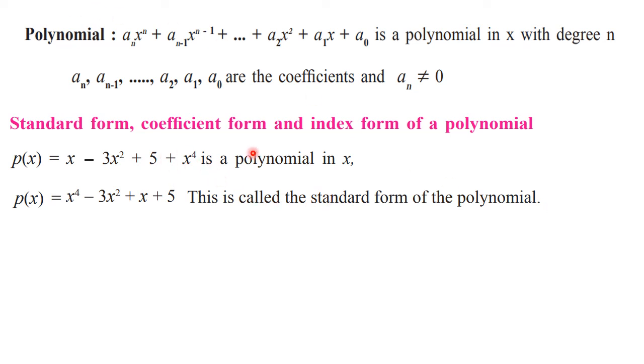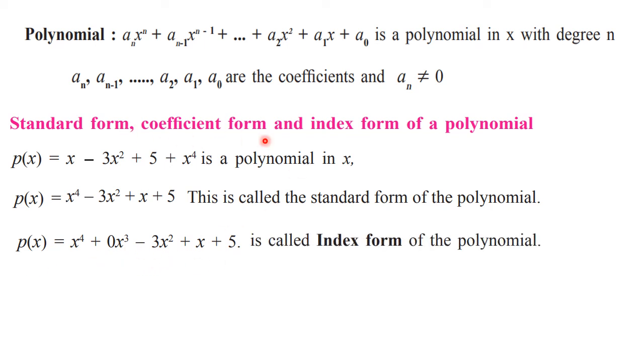After that, let us see the next form here. Again, the same polynomial we are considering, so we write p(x) is equal to, and here we write the missing terms. As I have said, the degree of the polynomial is 4, so 4 plus 1, 5 terms are actually present. Here we can see only 4 terms, which means one term is missing, and that missing term we are going to write in the index form. So this is called index form. Don't look at the sequence here. In index form we write all the missing terms.